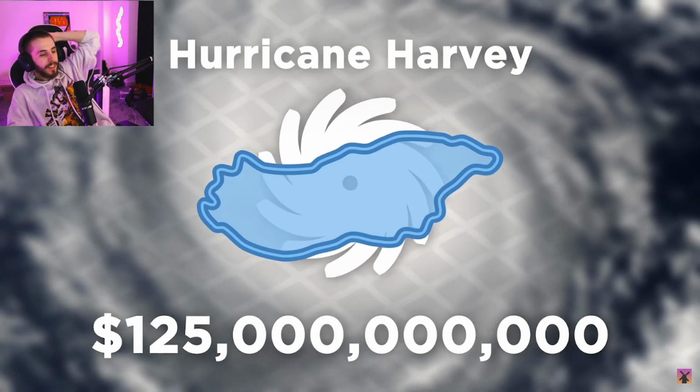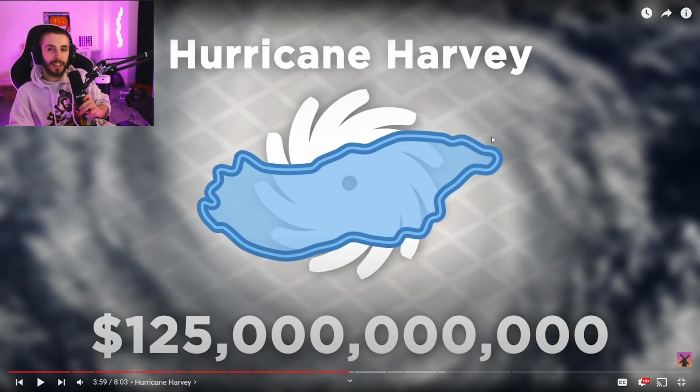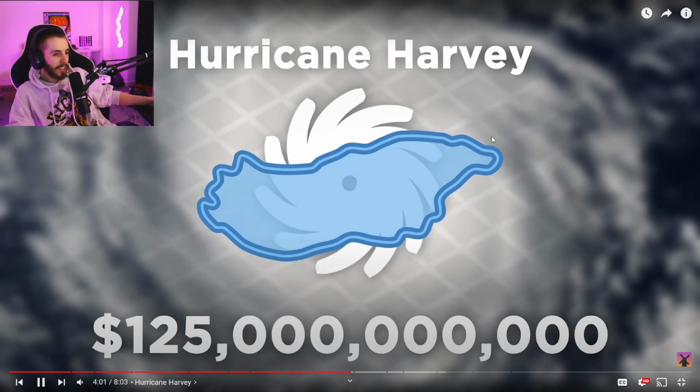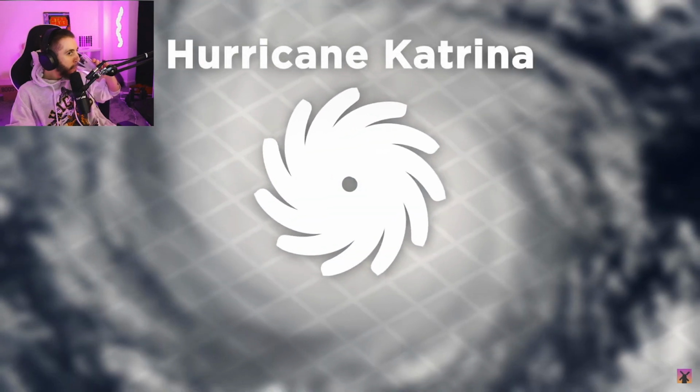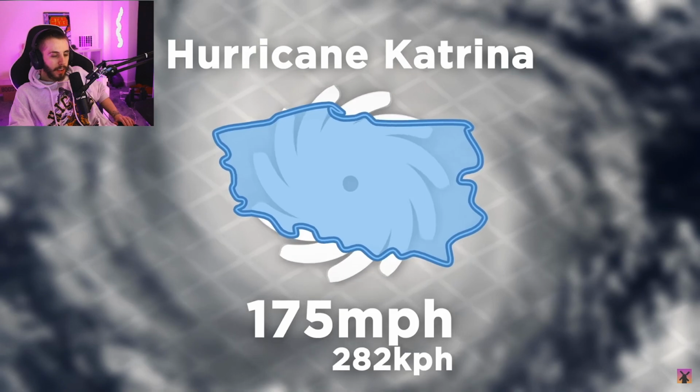is technically tied with an even more ferocious storm. It's actually crazy to think that literally hurricanes can be this powerful. Back in, what, 2005, Katrina, which became a monster close in size to Poland with wind speeds of 175